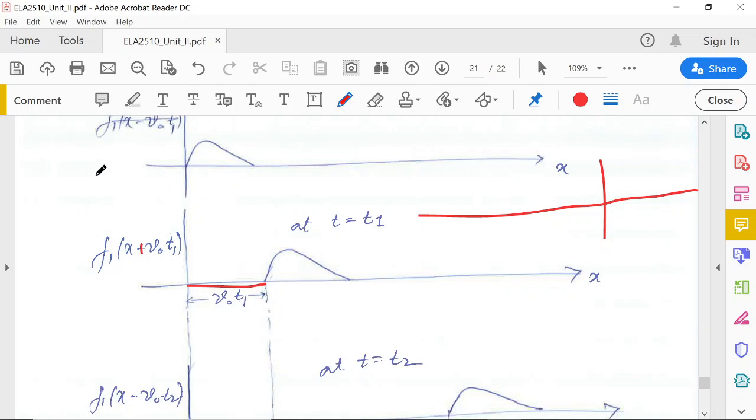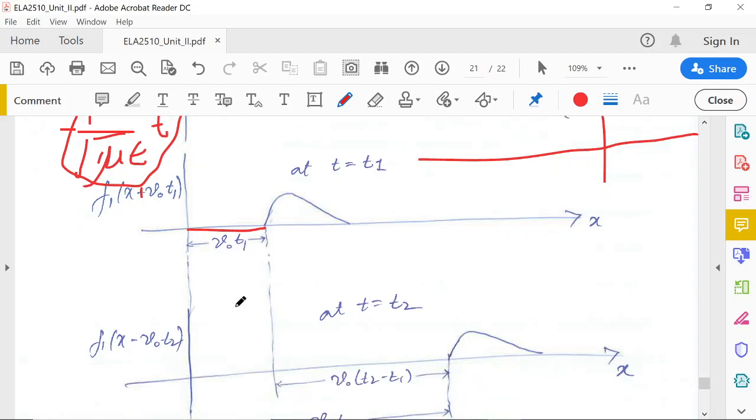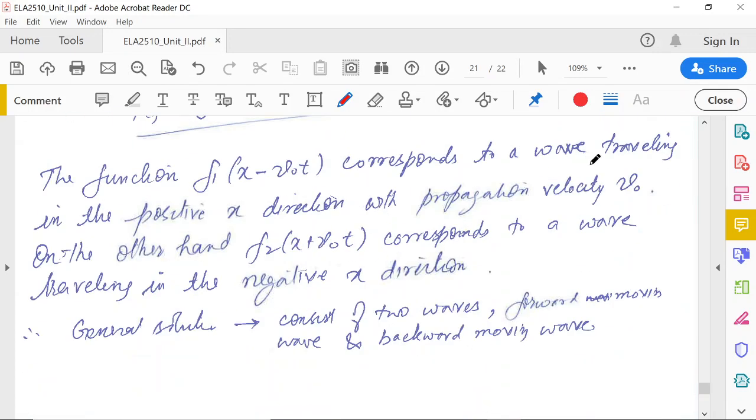So actually it was minus under root mu epsilon t. This is the distance. If you divide by t, you will get the speed. The speed of moving is equal to v naught. If you take any other point, you will get the same speed. How fast it is moving depends upon the medium. This is the medium property, and this is the speed of propagation of the function moving in the positive x direction. So we call it the speed here. The wave is traveling in the positive x direction with the propagation velocity v naught.